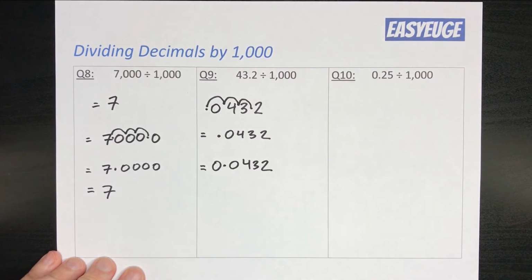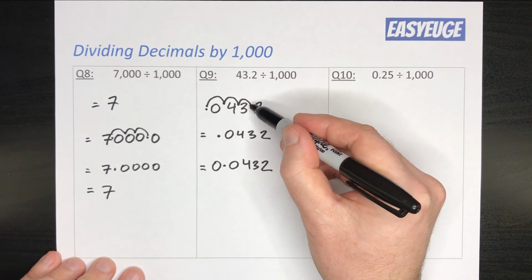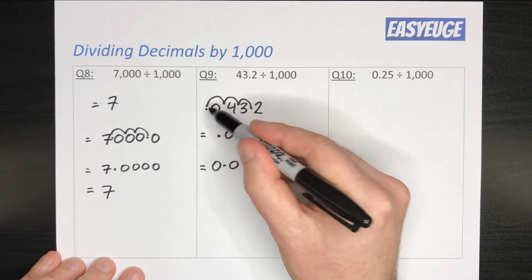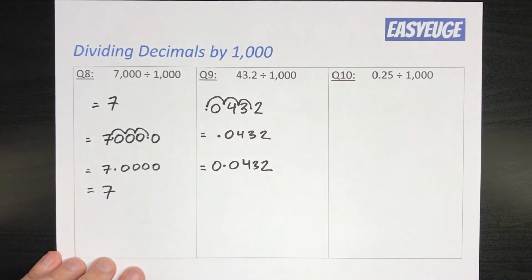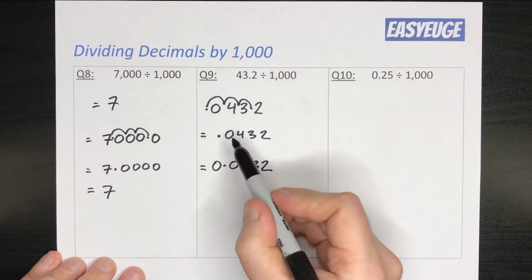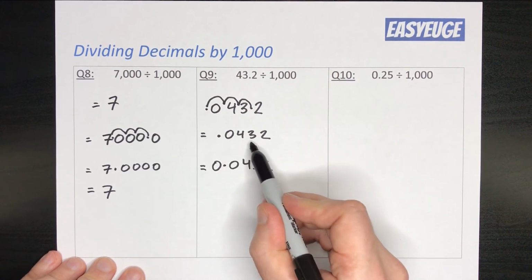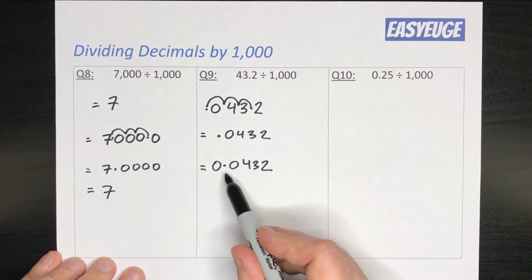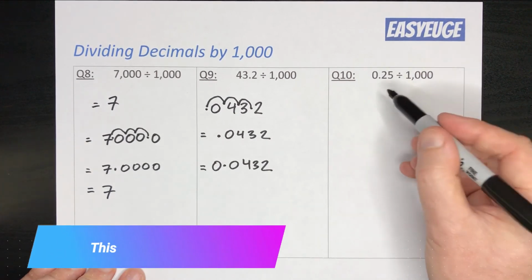0.0432. This is a great example because when we moved the decimal point 3 places, we jumped over a 3, we jumped over a 4, but then we jumped over a blank, a 0. So when the decimal point ended up here, that 0 becomes very important to the answer because that's 0 tenths, 4 hundredths, 3 thousandths and 2 ten-thousandths. So the answer is 0.0432. Let's do that one more time with